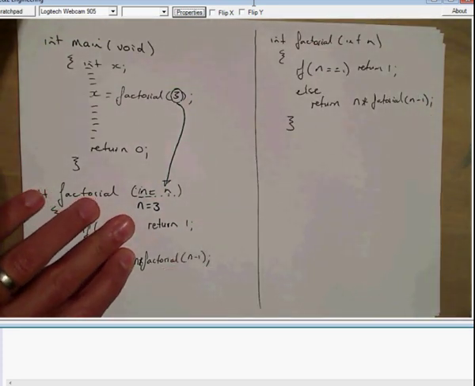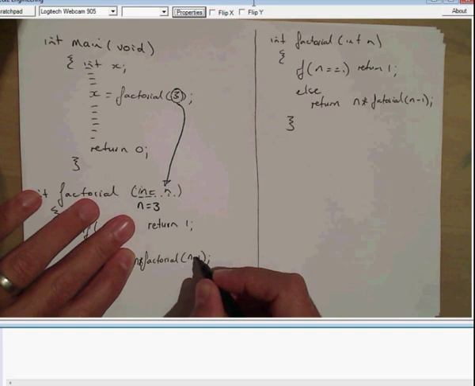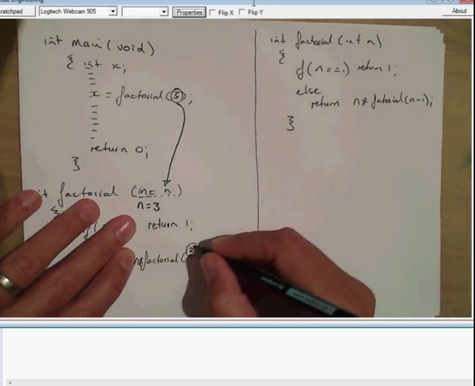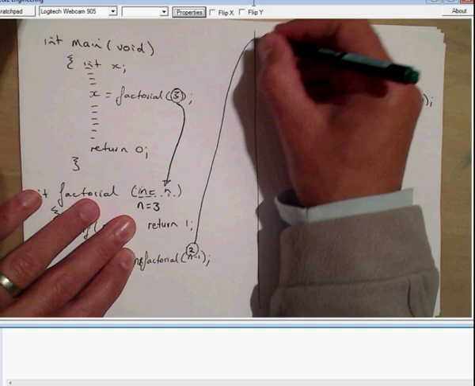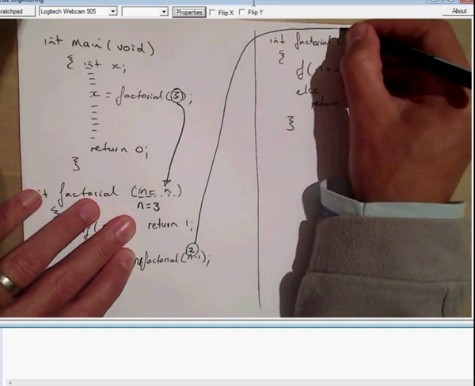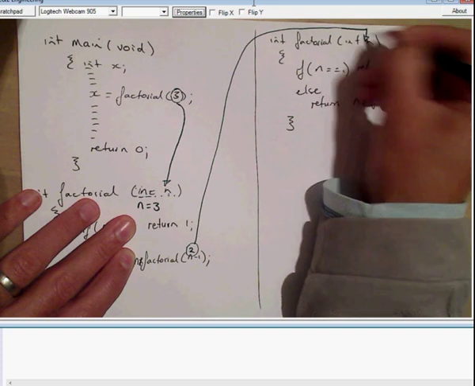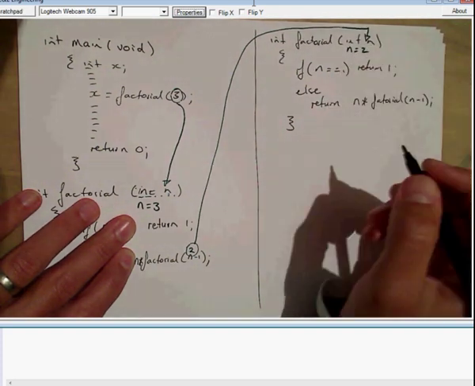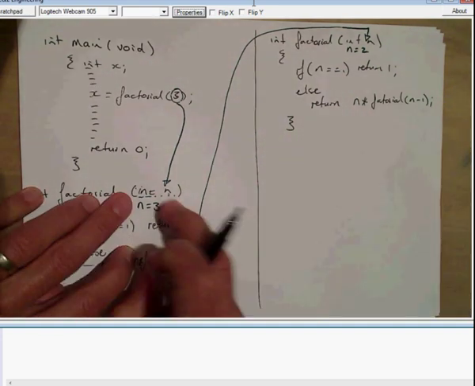So what happens now is the value of n is equal to 3, so n minus 1 is equal to 2. So this value 2 is sent, it's copied and pasted. We call that operation passing. We're passing the value 2 to this function. So now this n is equal to 2 here. So in memory, there's an n